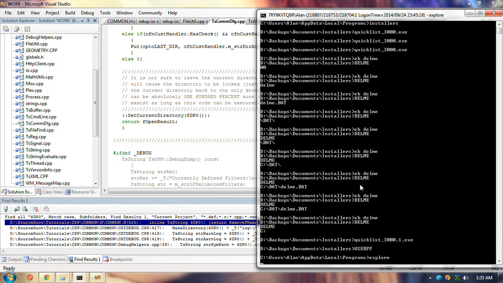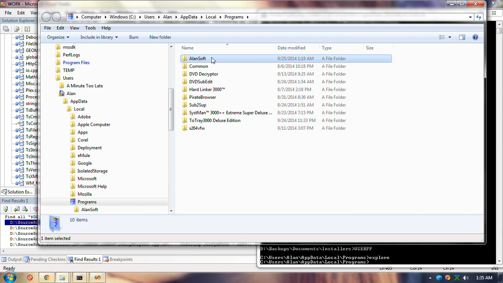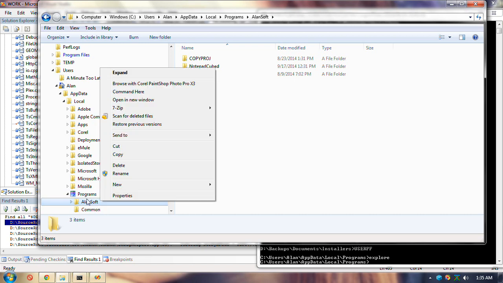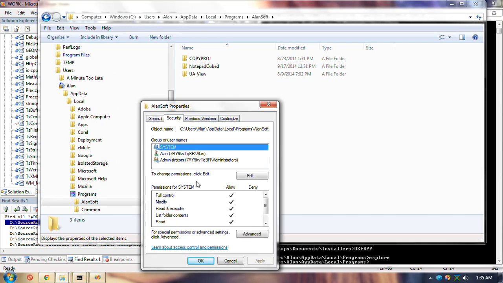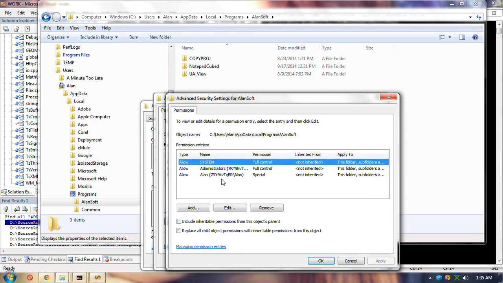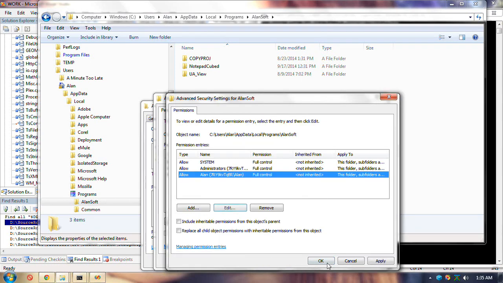We'll do the same thing. It's a pain, but once you've installed a program and you don't expect to install it again, then you do this bit of blocking it. Full permission.